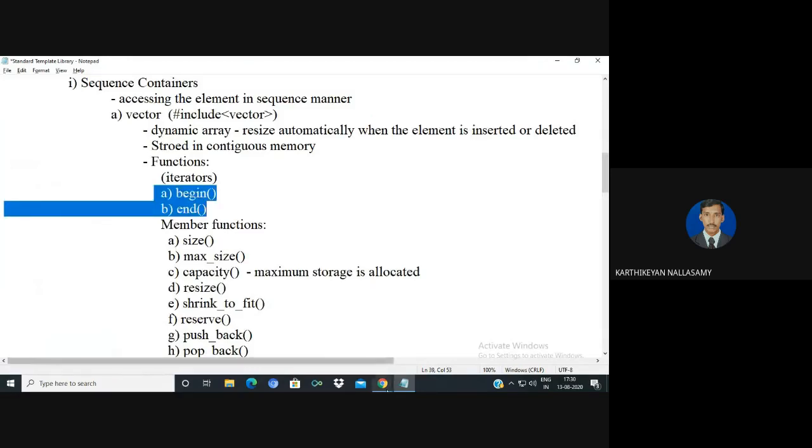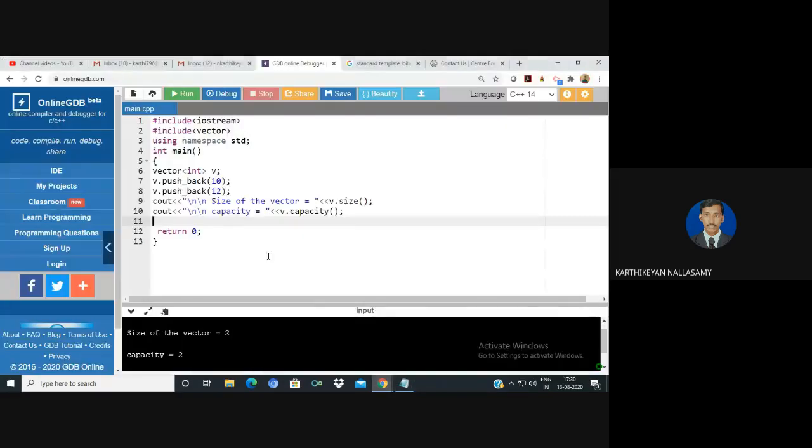First of all, we need to create an iterator before accessing. To create an iterator, you specify the type of container you have, along with the template, then the scope resolution operator, then iterator, then an object name equal to the starting address, which you indicate by begin.